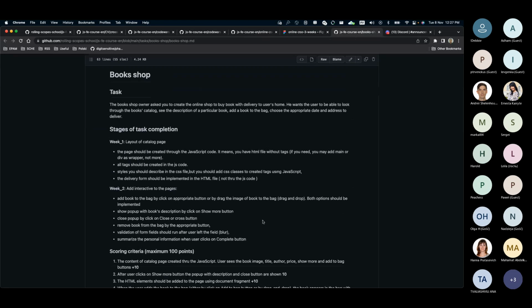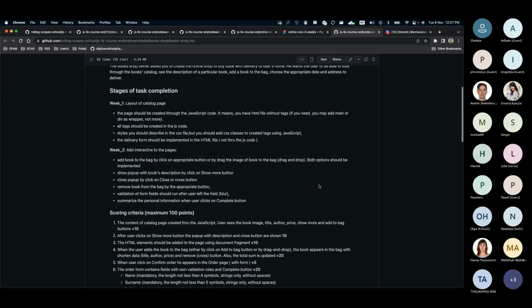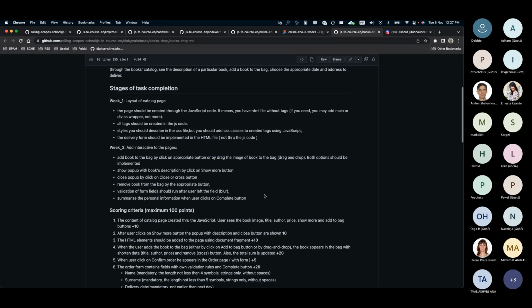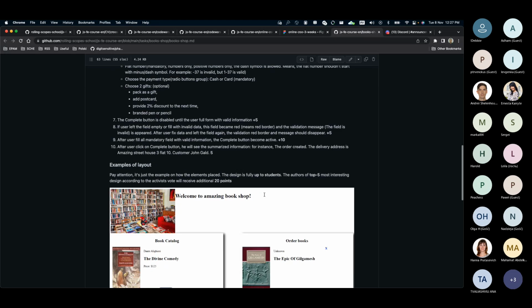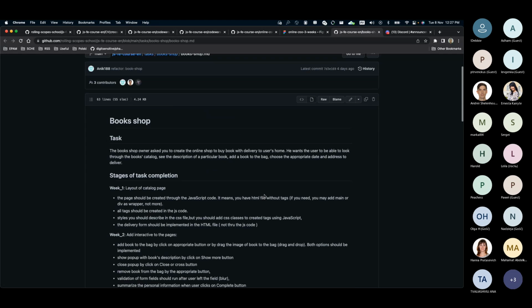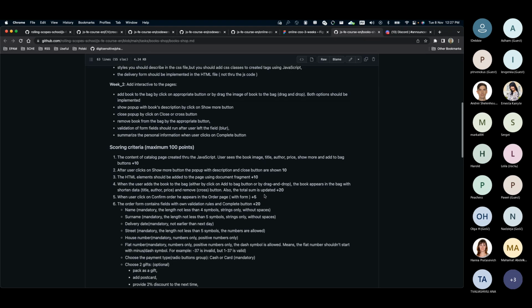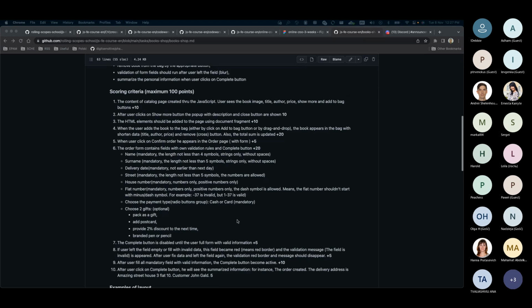Yeah, great. I see one more question in the chat. So we must use Vanilla.js for Bookshop? Yes, correct. You're not supposed to use any frameworks or libraries in the current assignments. Only Vanilla.js, and you are not allowed to use Bootstrap or any other frameworks. So pure HTML, CSS, and pure JavaScript.